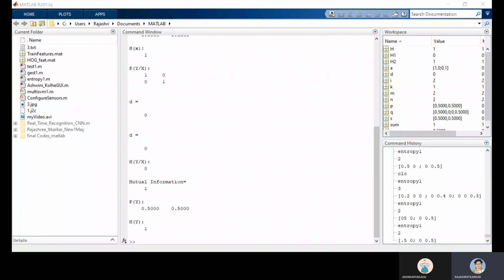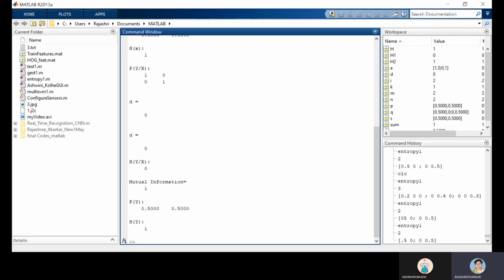As I told in the morning, if you want to execute the program, that is, use MATLAB, then we use the help option which has been provided.